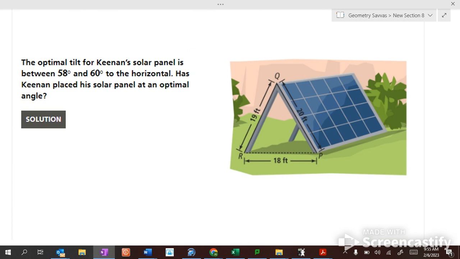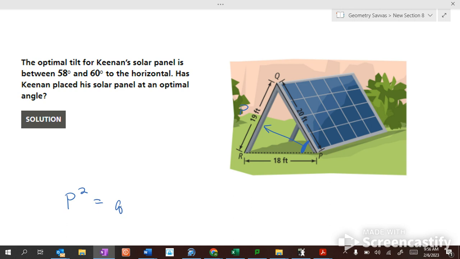So the optimal tilt for a solar panel is between 58 and 60 degrees to the horizontal. Has he placed his in the right position? So we want to know what angle P is. Okay, we want to know what angle P is. So the opposite of angle P is side P. So it's going to be P squared equals